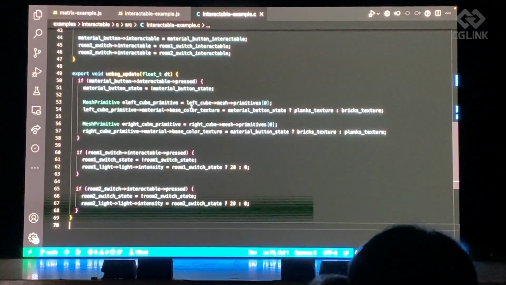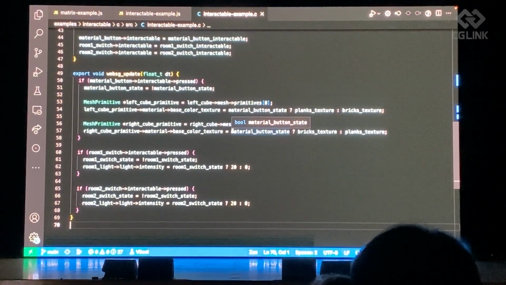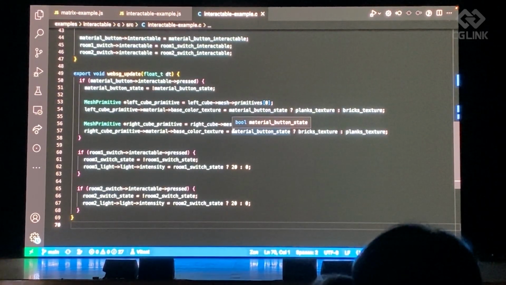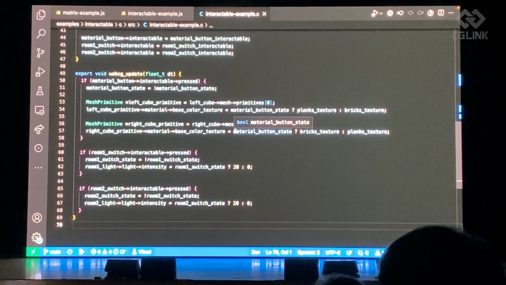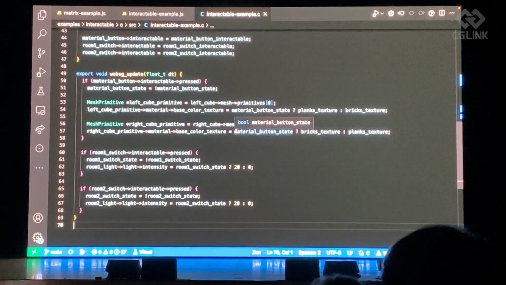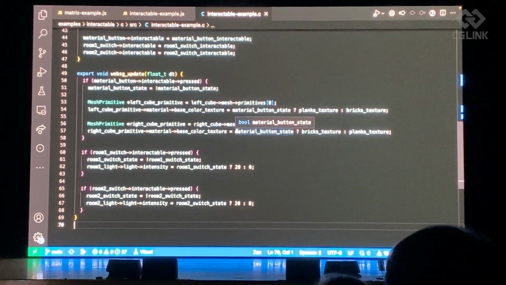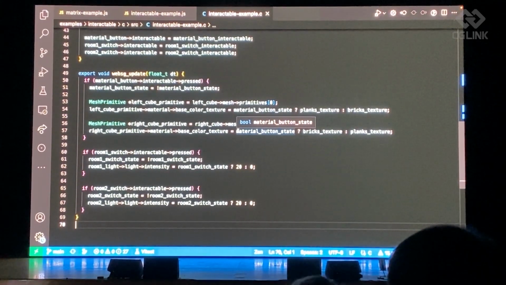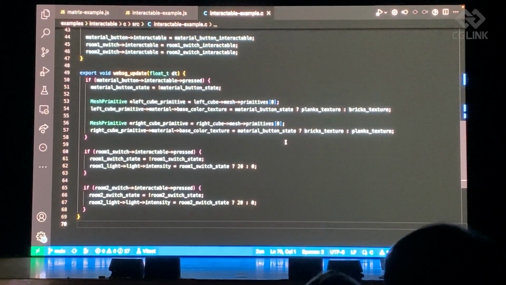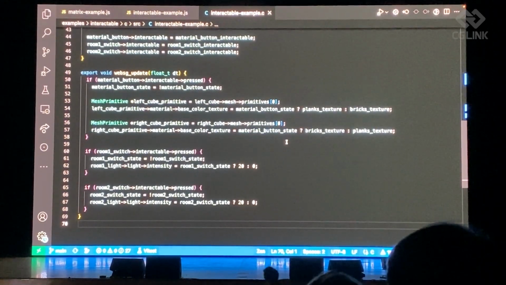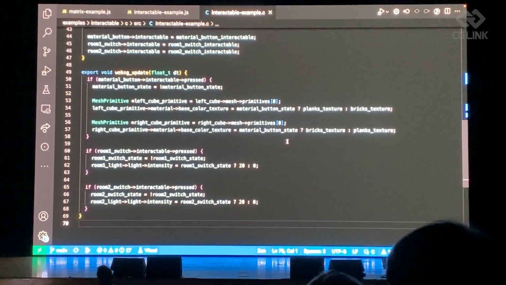So this one is actually written in C. We're using WebAssembly, so any language that can compile to WebAssembly can be used to write programs for Third Room. So you can see we're looking for the buttons, and then every frame we check to see if they're pressed, and then we toggle the texture for the light values, or update the lights. So you can start to see we have full access to the scene graph imported by the GLTF scene.